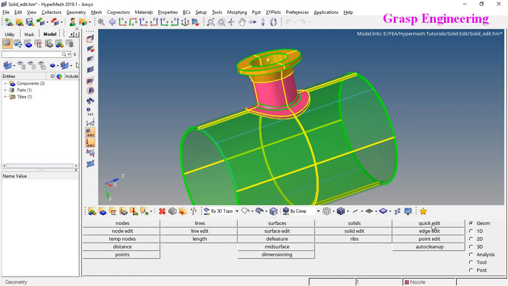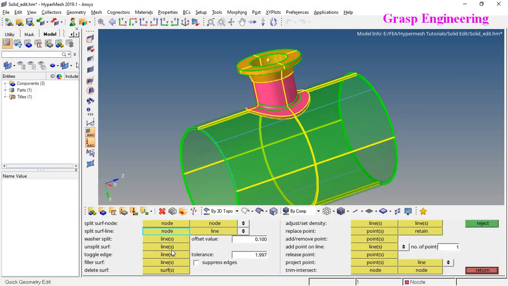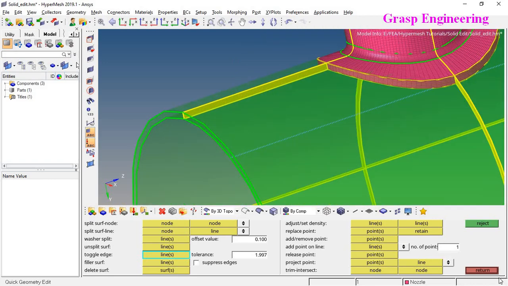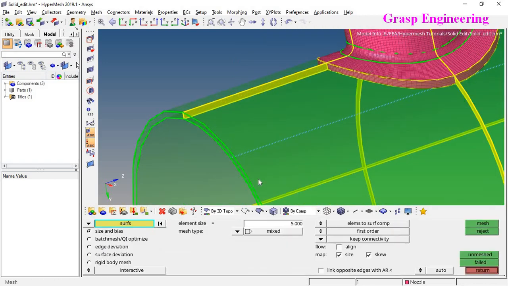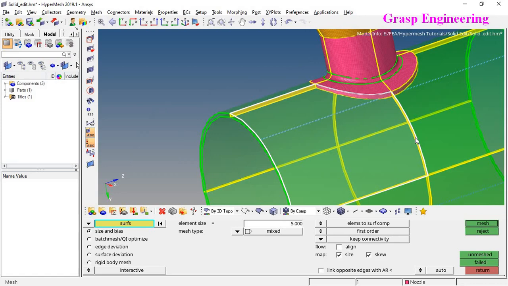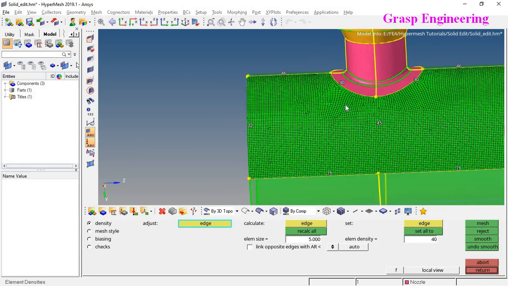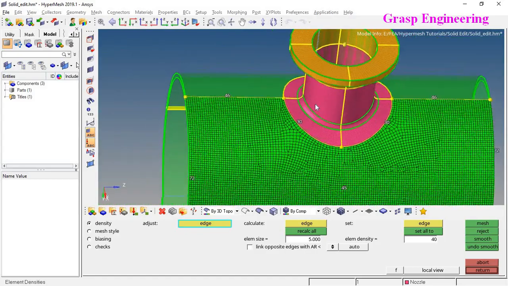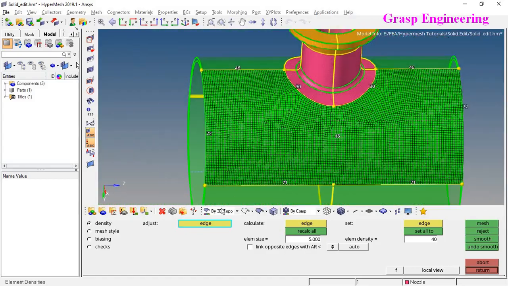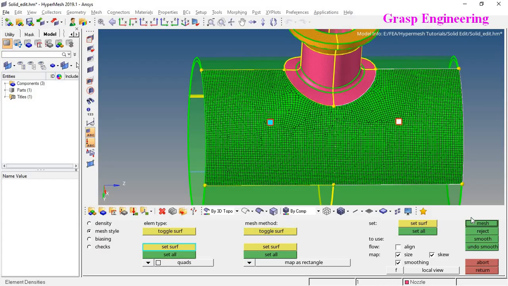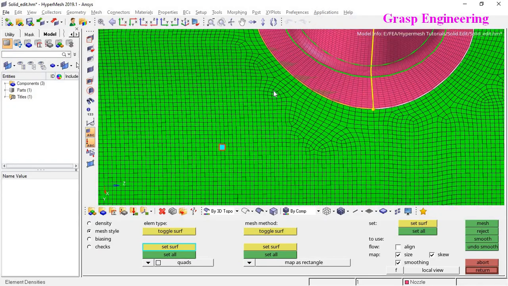I think we split one edge. Let's toggle, untoggle. Okay, now let's do the 2D auto mesh. If you want try or if you want chord, you can set it accordingly. If you want chord, set all, mesh.